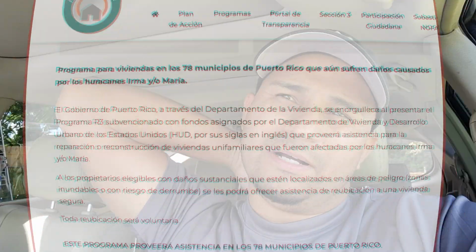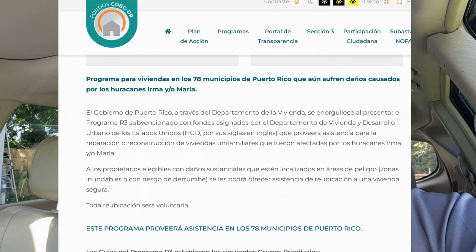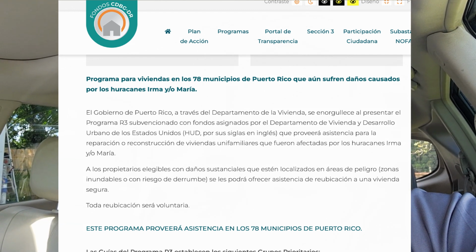But there's a couple of plans here in Puerto Rico, loan types, I should rather say, that are a little bit more strict and require the house to adhere to certain guidelines. Specifically this one here that a lot of people are qualifying for, which is called Vivienda, or R3 or D3, D3 or 3D, something like that. But to be able to qualify for those, we have to make sure that certain guidelines are met, so that it can pass inspection, and we could potentially get someone that could buy the house with this loan